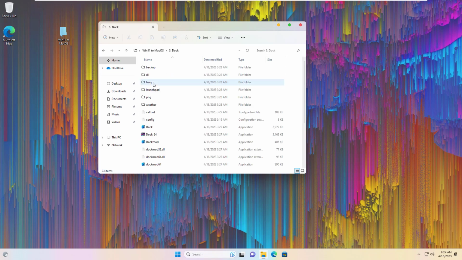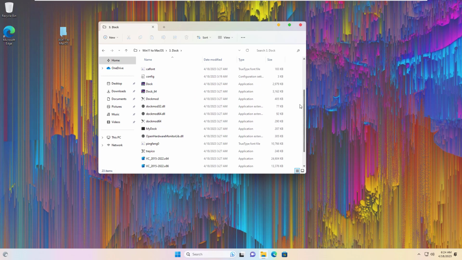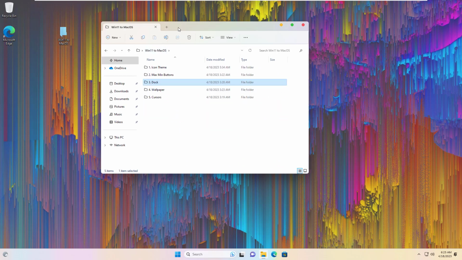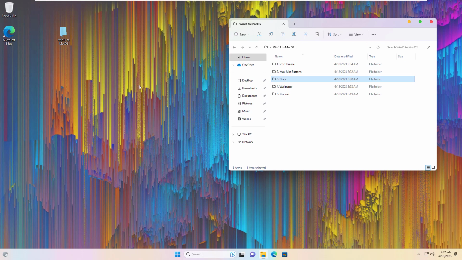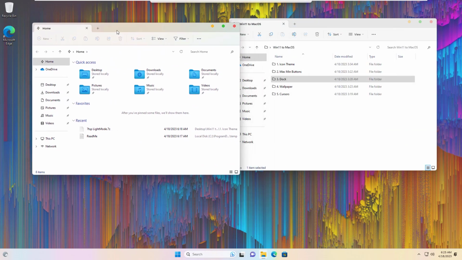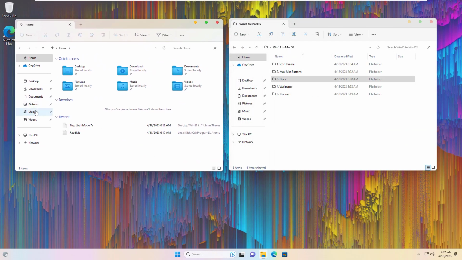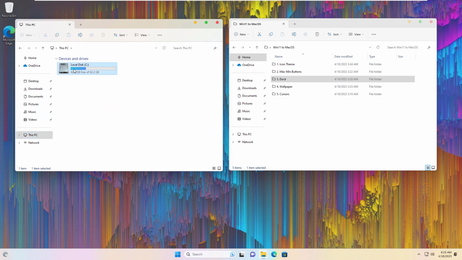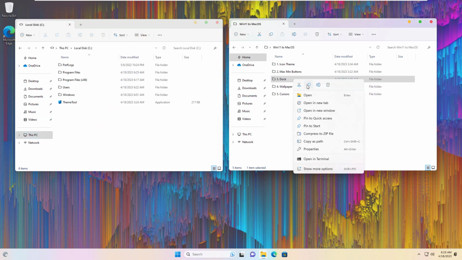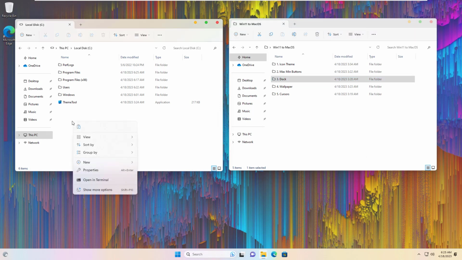Next is to change the dock. As you know, the dock on Windows 11 and Mac OS is very different. You don't change the Windows 11 dock, you hide it. Then you create a new dock for Windows 11 computers. This new dock has the same shape as Mac OS.